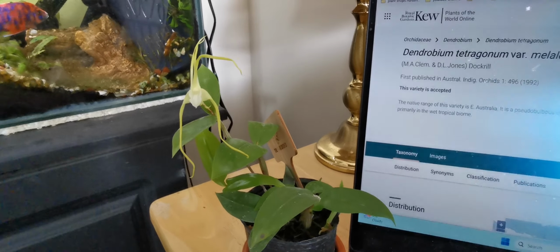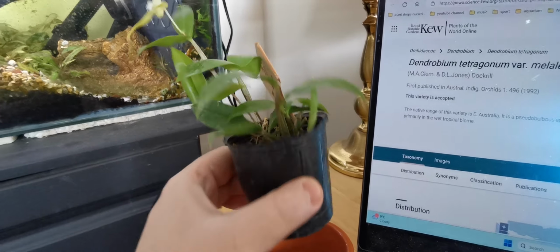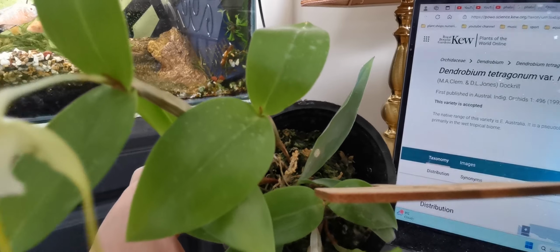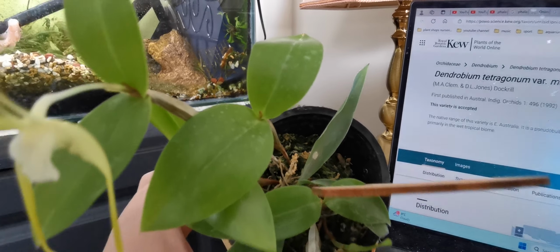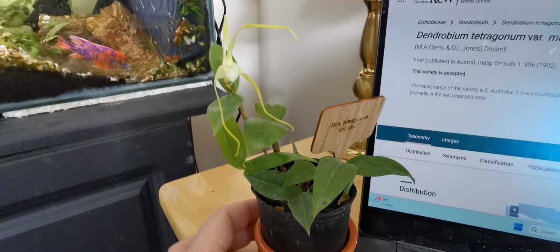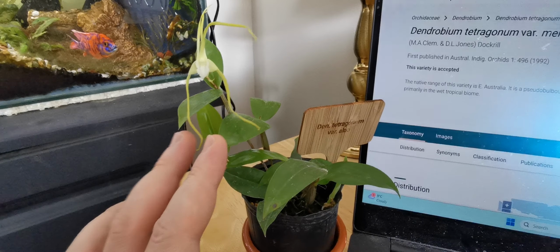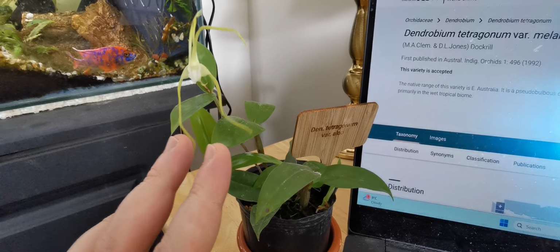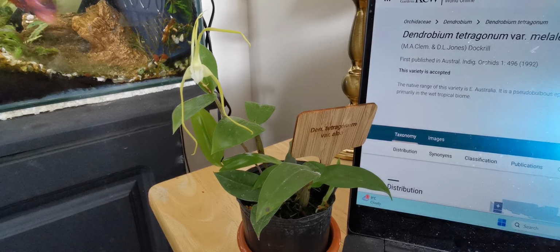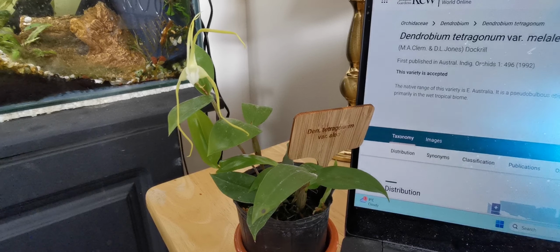I have grown this orchid for the last couple of months in the same pot where I received it, and as you can see here, it is planted in moss. I will try to adapt it to semi-hydro. I got a pretty good result with dendrobiums, like tropical dendrobiums, like I have, what's the name? The spectabile. It is growing absolutely great in semi-hydro, and